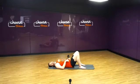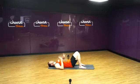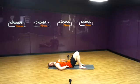So get yourself laid down, get yourself nice and comfy. Alright. So let's get a bit of hip and glute stretching and a bit of strength work as well at the same time. Okay. So all I want us to do first is push the back down into the mat, pull the middle in nice and tight. And you either want your hands pushing in there or just by your side, it's up